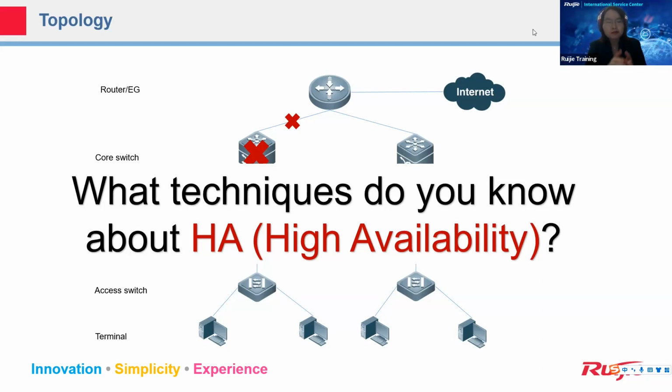But for the special one, for example, between the core switch and the router, maybe we will choose routing backup. For example, you can use some dynamic routing protocol, and if one link is broken, we can calculate by the protocol automatically. So this is layer 3. But about the access switch, maybe the performance is not so strong. So we only provide STP,